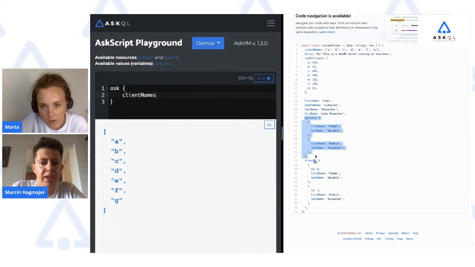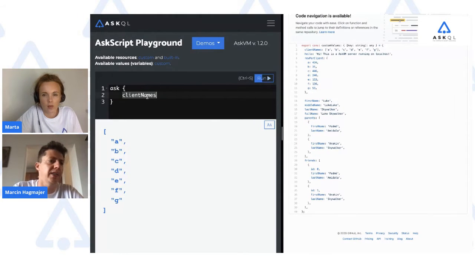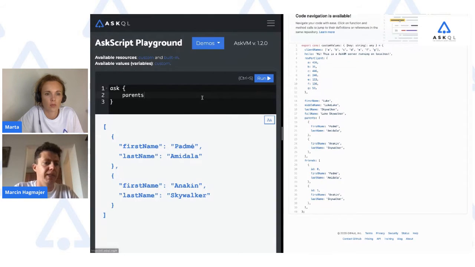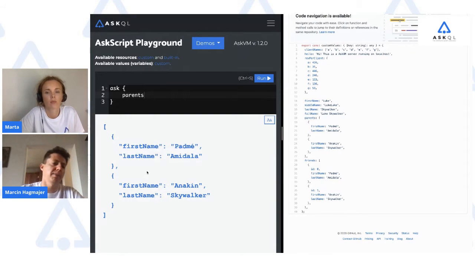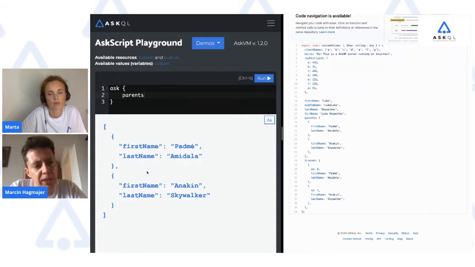So you can imagine what happens if we wanted to get that piece of information, parents. So you could just say, obviously, parents. But the issue with this approach is that it gives you all the information in bulk together, right? And this is not usually gonna be what you want. You'd rather have a very specific set of information that you need.